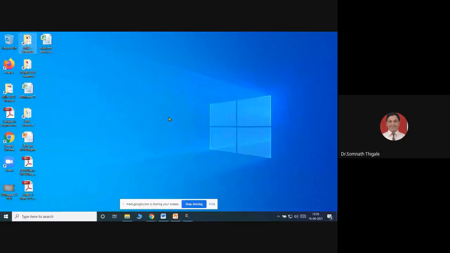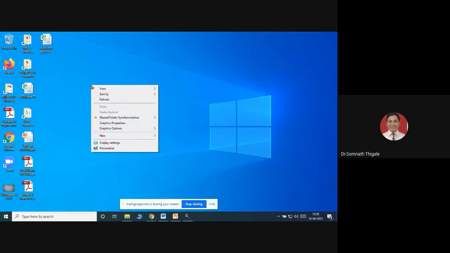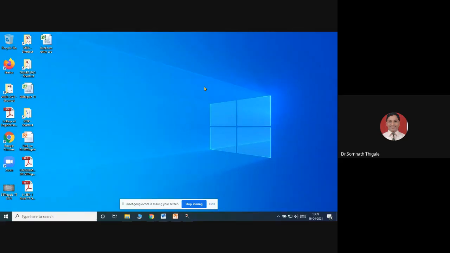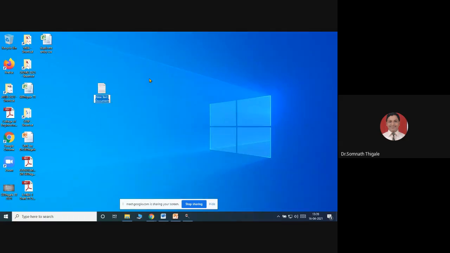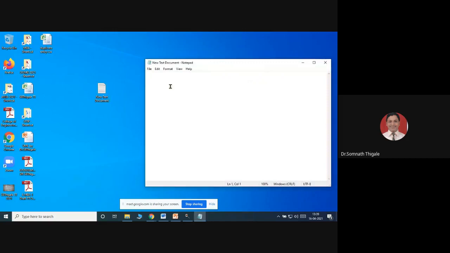See here, whenever I am dealing with a computer, if I want to work with text, I have two options. For example, with this New menu, I'm getting the text document option here, and I'm getting one more option, that is Microsoft Word. So I'm just opening this new text document. This is just called Notepad.